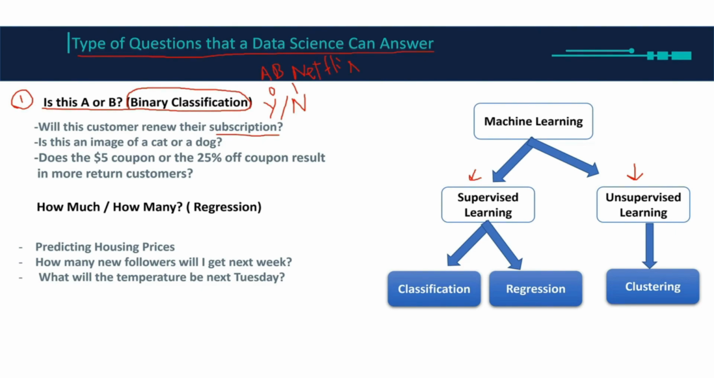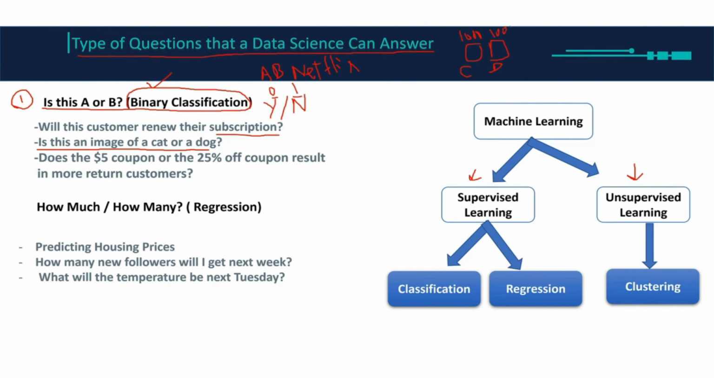I'm classifying, and we call it binary because there are only two options. So yes or no, 0 or 1, A or B are called binary. Another example: is this an image of a cat or a dog? Let's say I have two folders here. One is for cats and one is for dogs. And I have, let's say, 1000